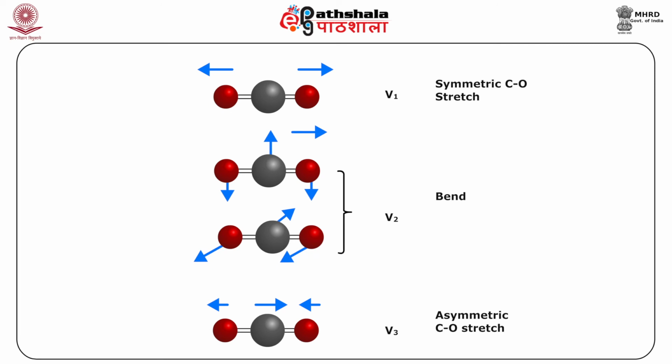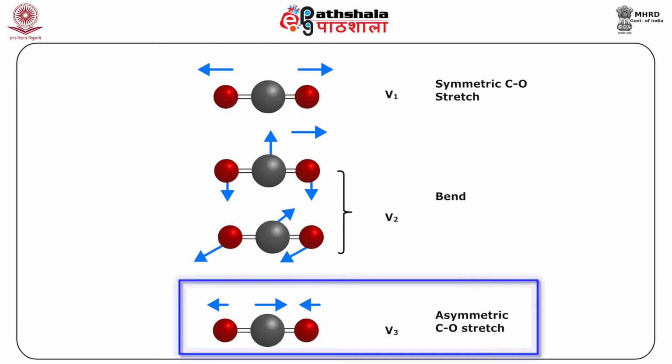Since this can happen in plane or it can happen outside the plane, perpendicular to the plane of the molecule, there are two such modes of vibration for carbon dioxide, and both of them require the same energy, so we say they are degenerate. And finally, we have another mode of vibration in which one bond is elongating while the other one is compressing, so that a dipole moment is induced in the molecule because it loses its symmetry during